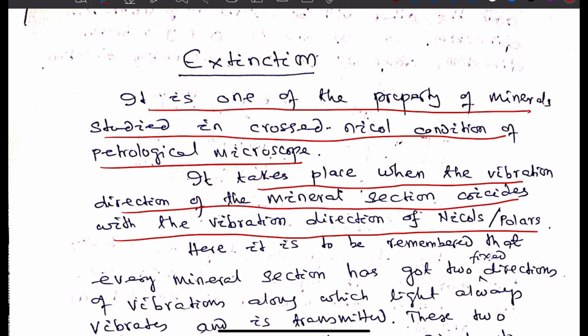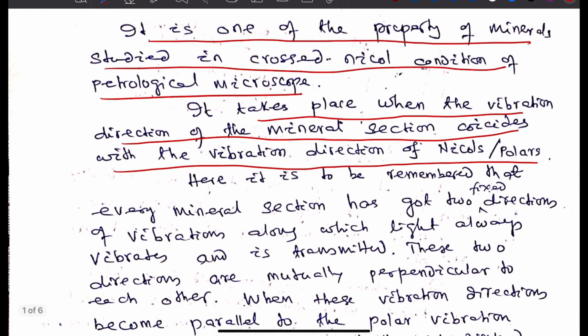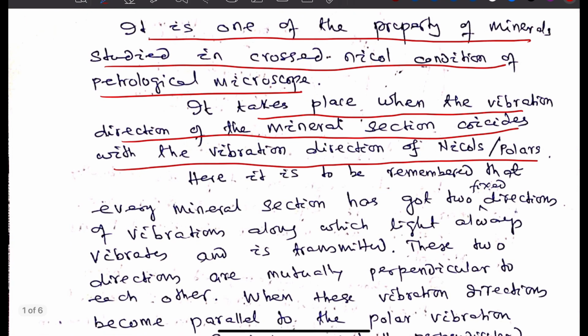When the vibration direction of the mineral section coincides with the vibration direction of the nicols. In that condition only, no light reaches the eyepiece and there occurs total darkness. So this is the position of extinction. In order to know why extinction occurs, we should remember that